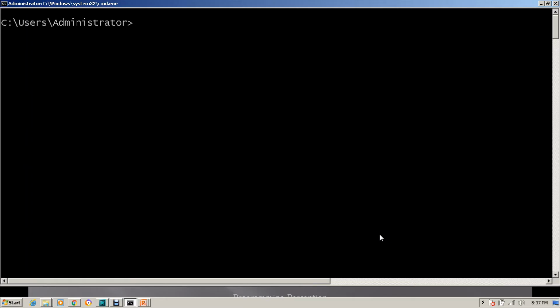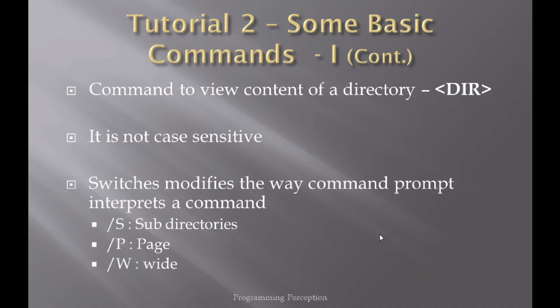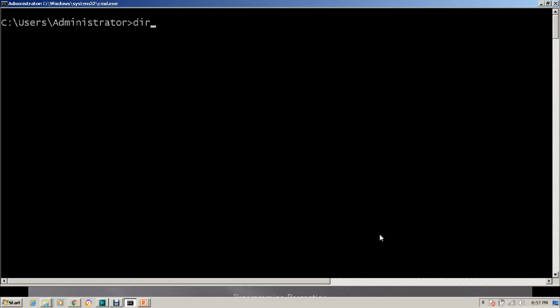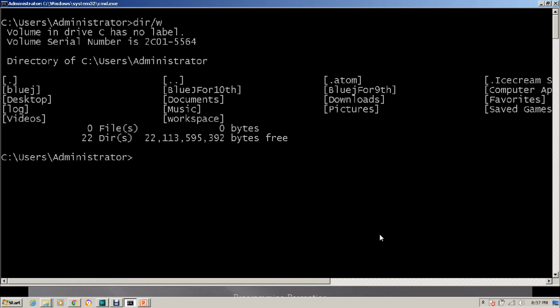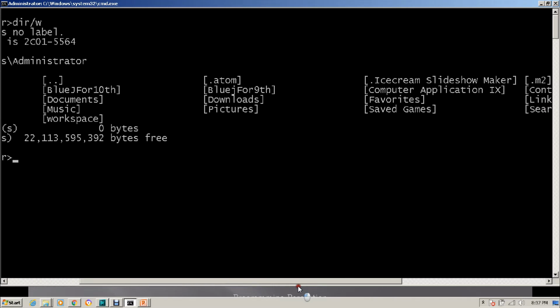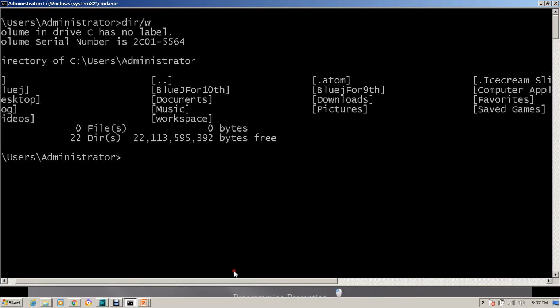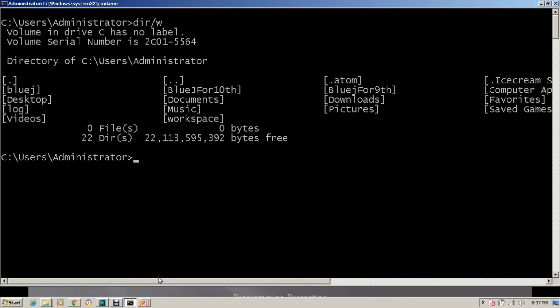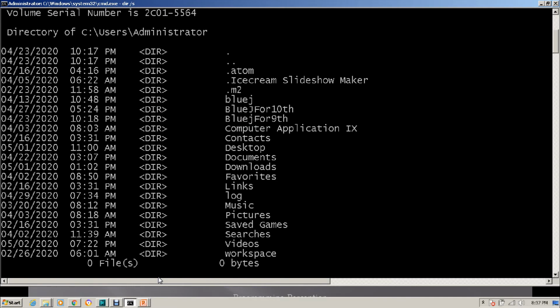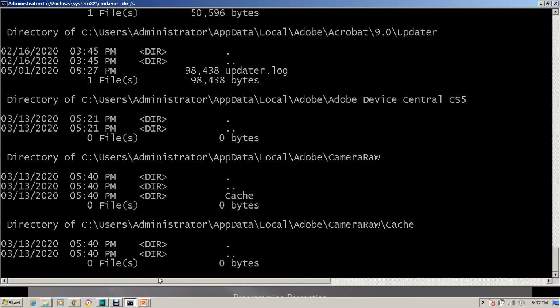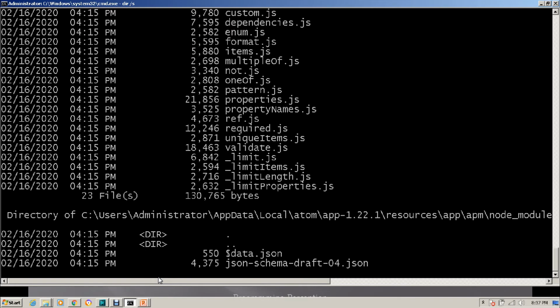Okay, for example, before showing you /s, let me show you /w. For example, if I write dir /w and enter, you can see it will show me all the directories but width wise. W here represents width. Another thing is it will not show me the date of creation and time as well. If I enter dir /s, then it will show me the directories as well as its subdirectories, and you can see screen will move on. Okay, don't worry, you are not watching Matrix movie right now.